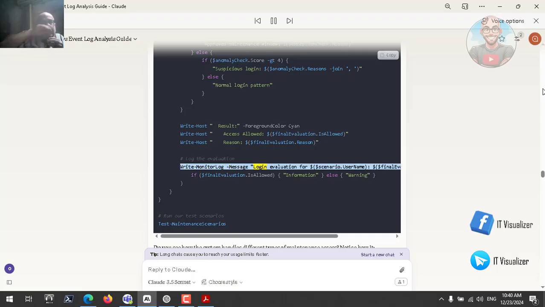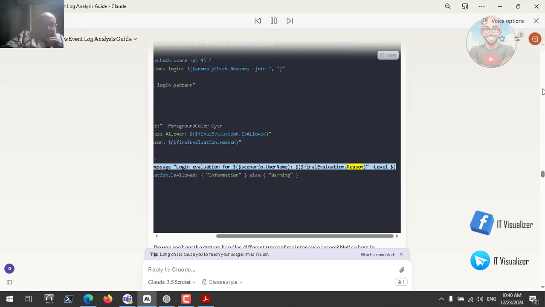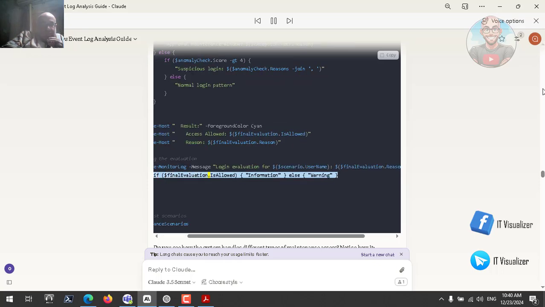Write-MonitorLog -Message "Login evaluation for $scenario.Username: $($finalEvaluation.Reason)" -Level (if ($finalEvaluation.IsAllowed) { "Information" } else { "Warning" })